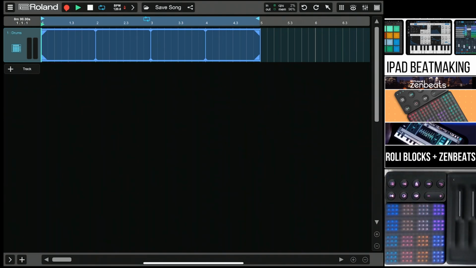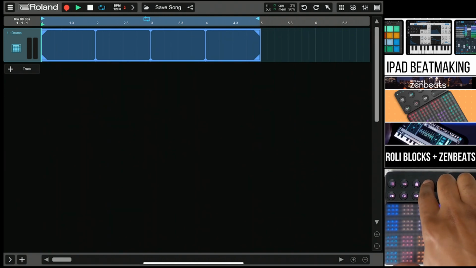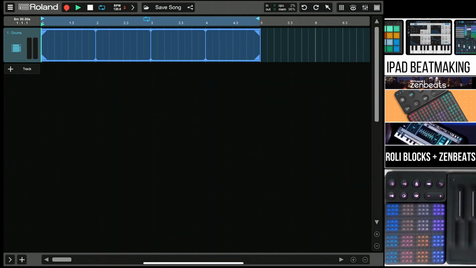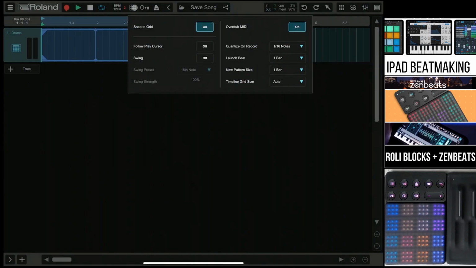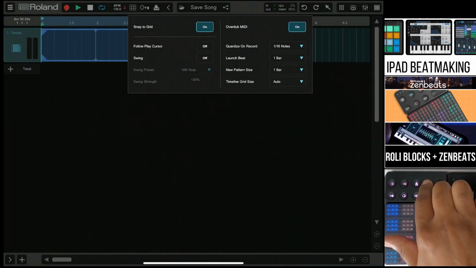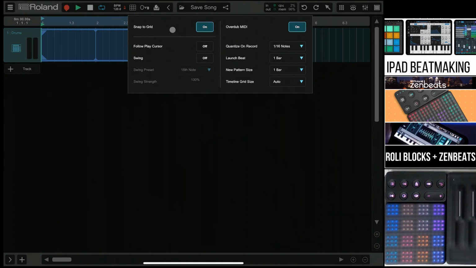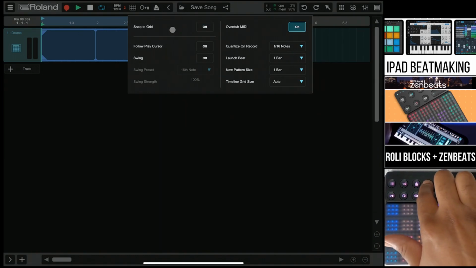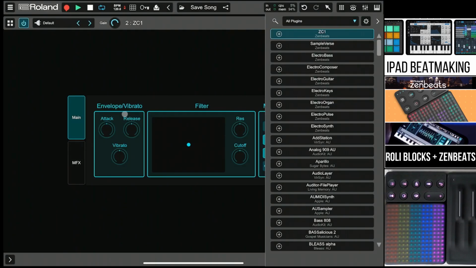Another thing that we can do is we can make snap to grid. You see the grid? When I hit the button there, it changes, and you can also see the option actually change. So, see snap to grid on the top here. When we hit that, that changes. Pretty cool. So let's say we load ZC1 in,